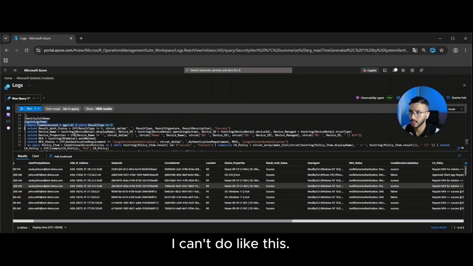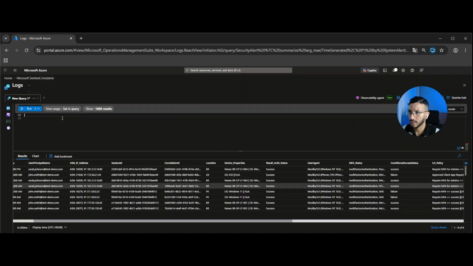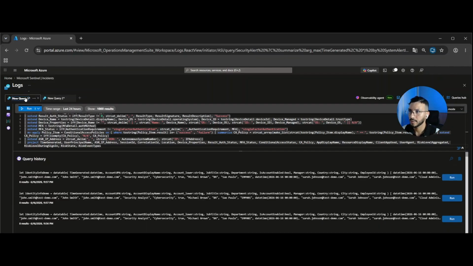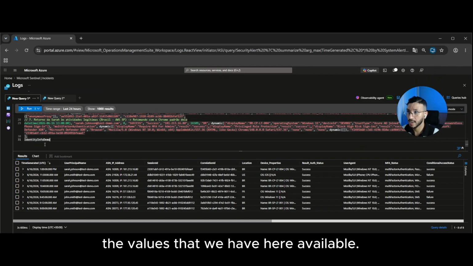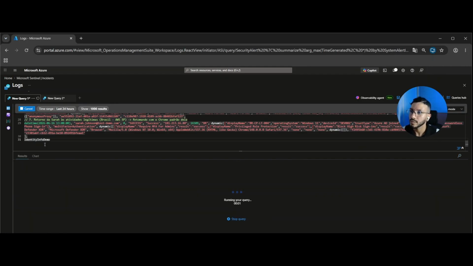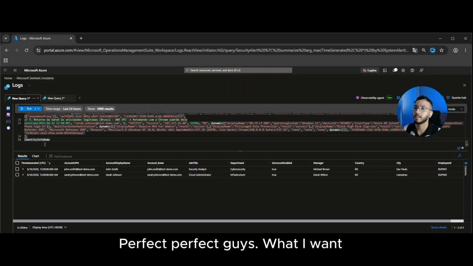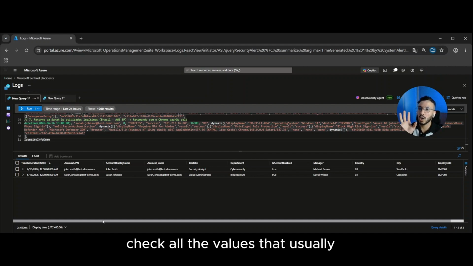Let me check. Perfect. I will just paste this value here. Perfect. Let me come back. Let's check the values that we have available here. Perfect, perfect. Guys, what I want to do here is join the tables, because I want to check all